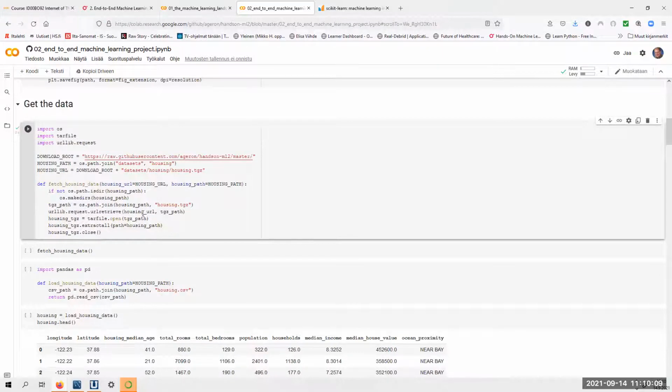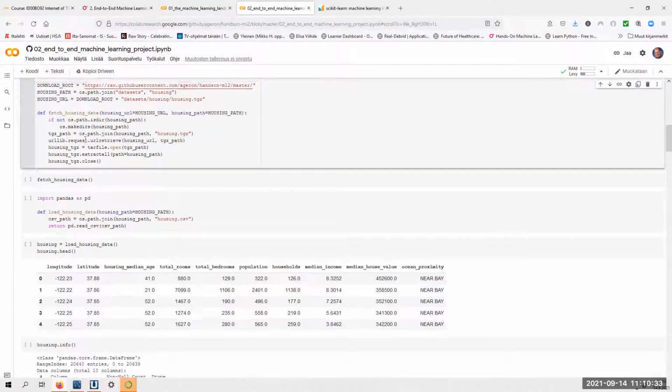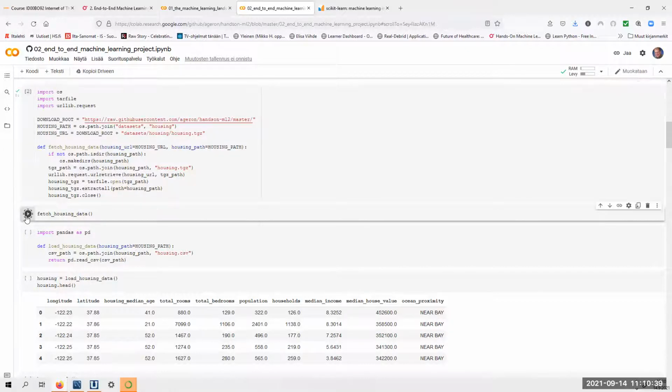Here it downloads the tarballs from GitHub and extracts those. You see, Python has a very nice feature. It has this tar file extraction and unzip features built in, among many other things. So here, fetch housing data,